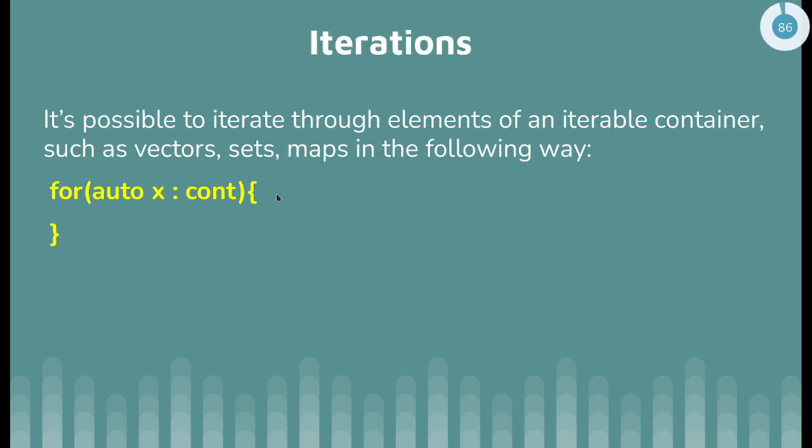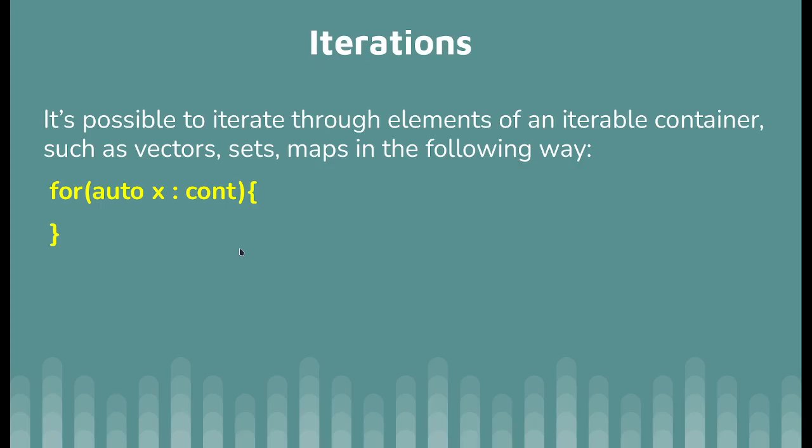Like we mentioned, generally you cannot access containers by their index, except the vector and the map. But with a map, it's more like you access the value, not the index. But you can iterate through iterable containers. For example, you can iterate over a set, so you will iterate over all elements of a set. You can iterate over a map, and you can iterate over a vector. You can iterate over a vector like a normal array with a normal for loop with int or something. But you can also iterate like this. So suppose you have a container like a set, map, or a vector.